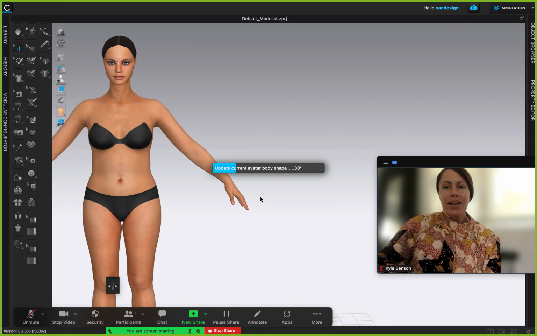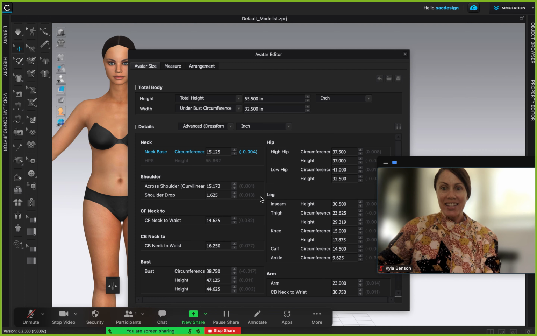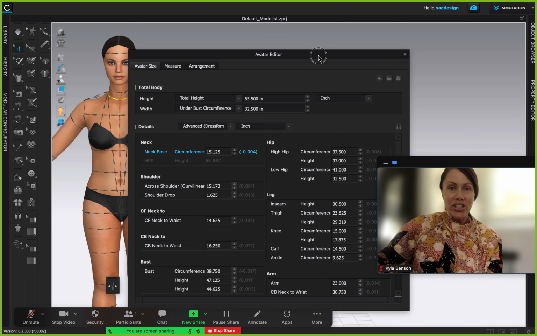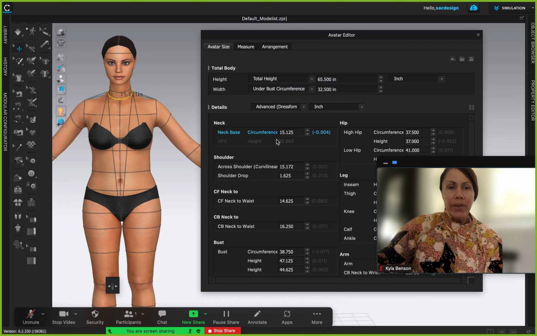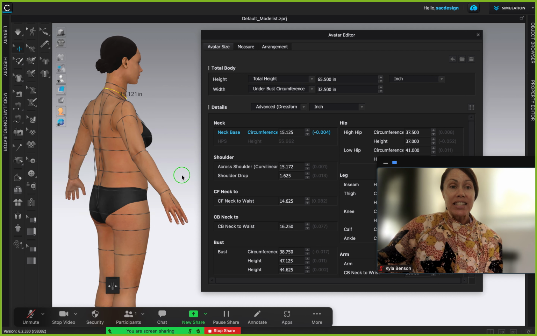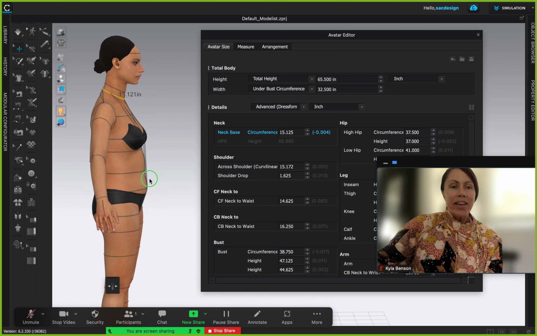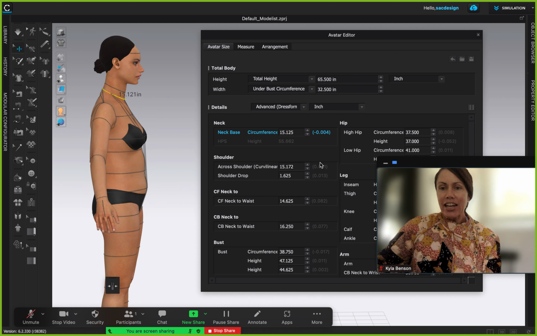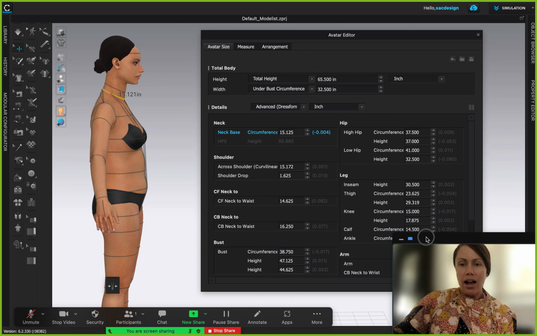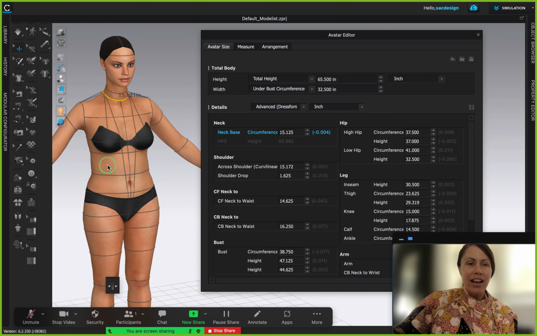Okay. And you're going to see there are so many different measurements available. Oh my goodness gracious. Let me move our little window over here. So right away, when I open up that window, you might notice the avatar has all these little black dashed lines. Those are all the different places of where this avatar is being measured and how it's being measured. So I think this is a really good list to kind of go off of as you take your client's measurements, because you can really see exactly where they are pulling the measurements.